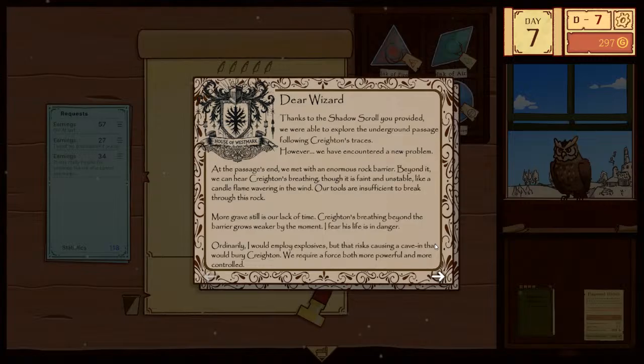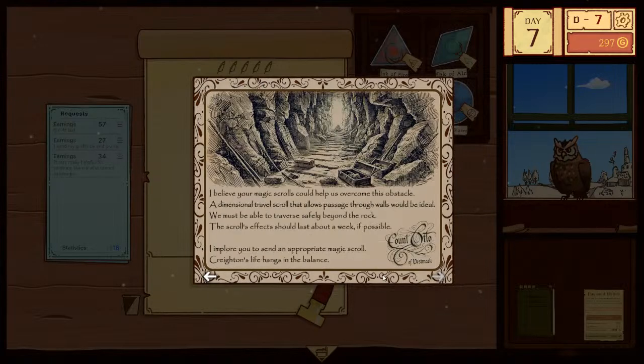I fear his life is in danger. Ordinarily, I would employ explosives, but the risk of causing a cave-in that would bury Creighton would require a force both more powerful and more controlled. I believe your magic scrolls could help us overcome this obstacle. A dimensional travel scroll that allows passage through walls would be ideal. Must be able to traverse safely beyond the rock. The scroll's effects should last about a week, if possible. I implore you to send an appropriate magic scroll. Creighton's life hangs in the balance.